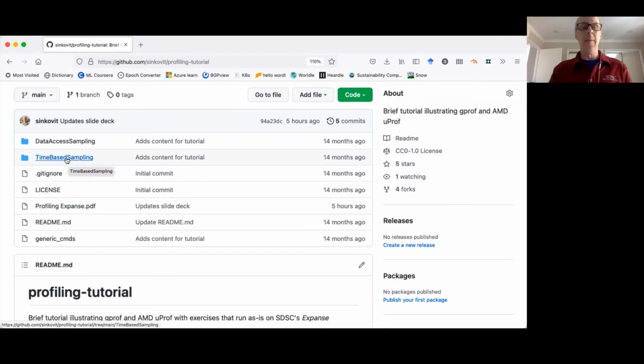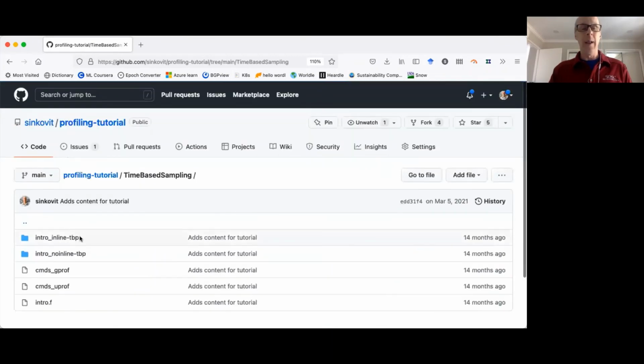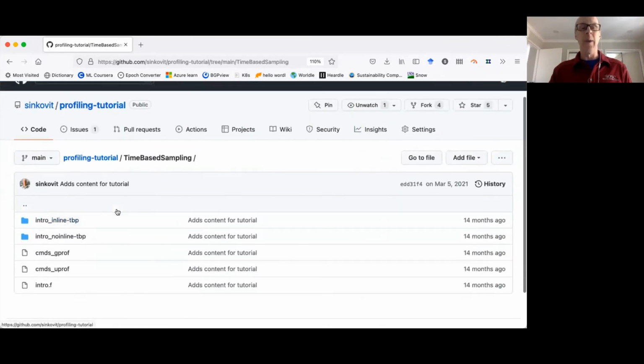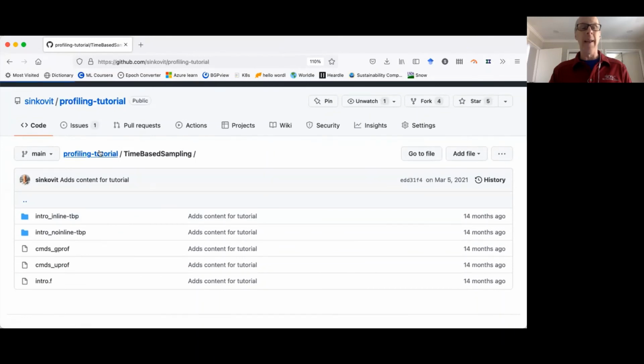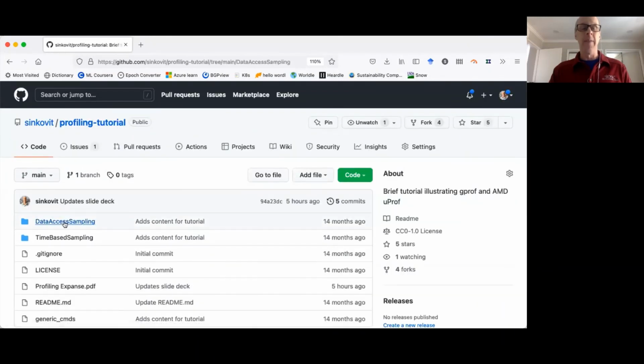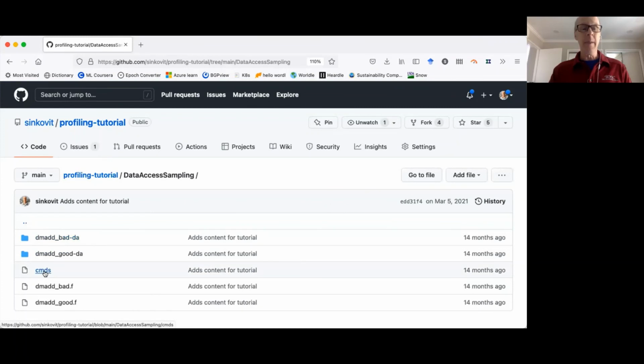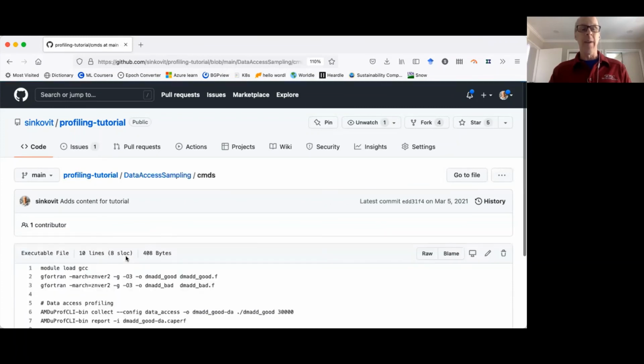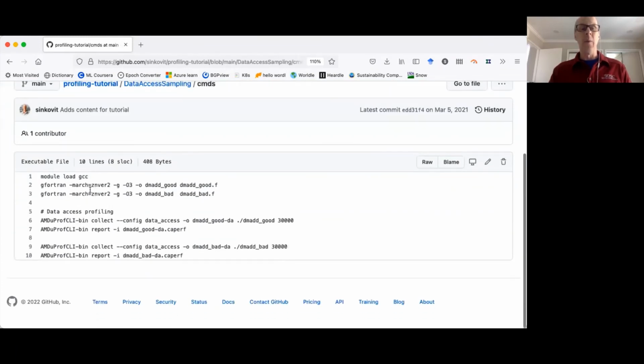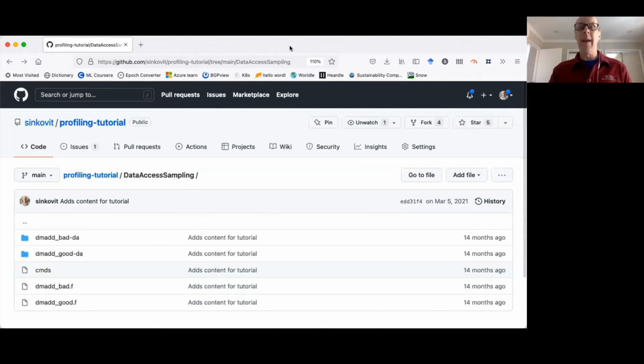And then there's the code and the commands for doing the time-based sampling and for the data access sampling. I've included the commands showing you which modules to load and how to compile the code and execute the necessary commands. So I think everything that you need will be there in that repo.